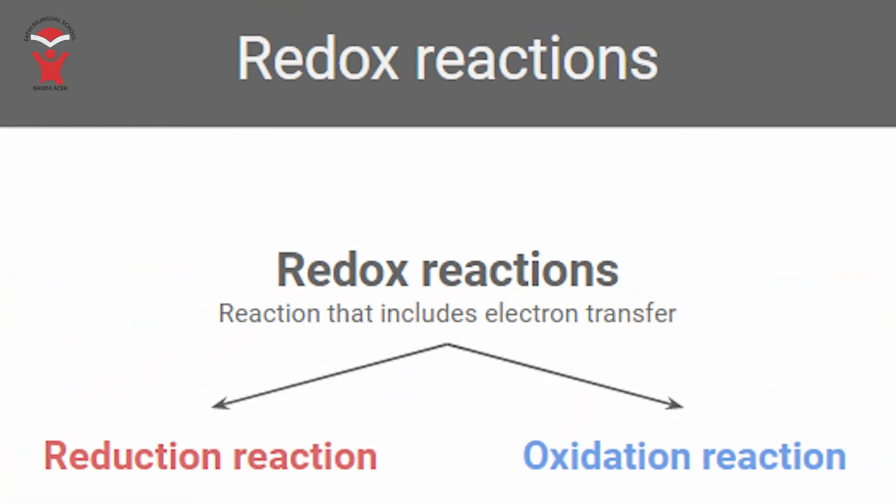There are two ways for us to know whether a redox reaction is happening in chemical reactions. The first is electron transfer itself, the second is change in oxidation number of atoms. To understand more about redox reaction, let's take a look at this displacement reaction where copper and zinc exchange place